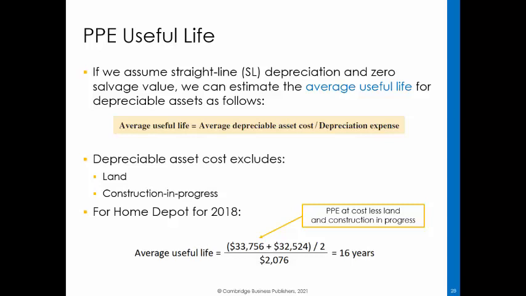We compute depreciable assets for 2018 by excluding two items from gross property, plant, and equipment: land of $8.363 million, which is never depreciated, and construction in process of $820 million, which is not depreciated until the assets under construction are completed and placed into service, which is when the company begins to use them. The useful life for 2018 is 16 years, calculated by dividing the average depreciable asset cost by the depreciation expense